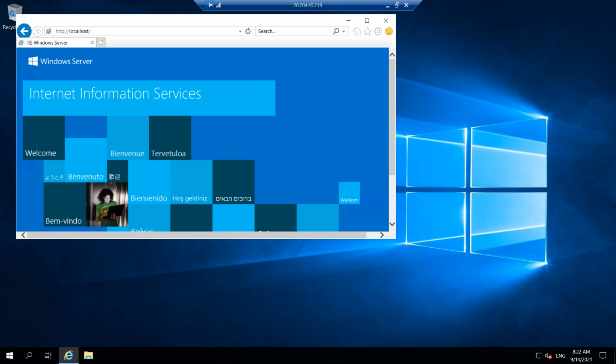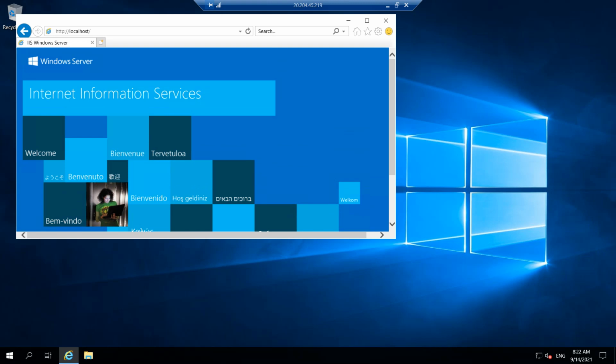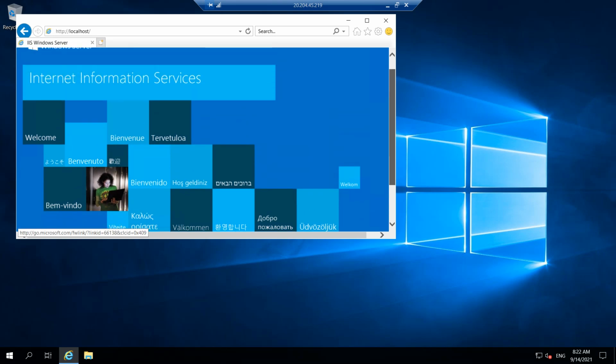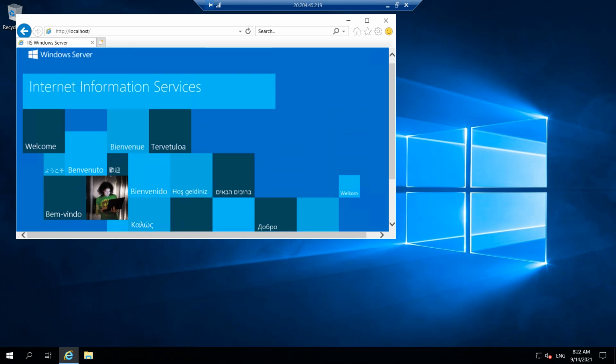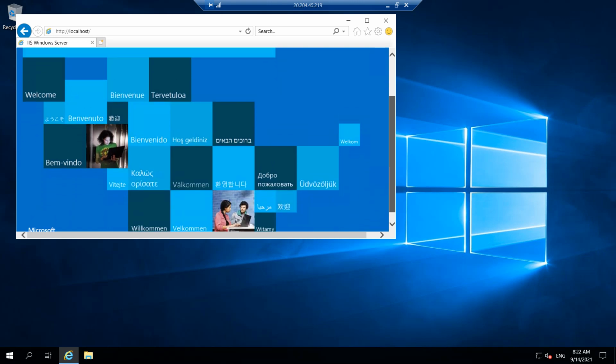Now we want to access this web server from an external public browser, right? Because we are accessing it locally from the virtual machine, we are able to see the web page here. If we want to access this web page from an external browser, using different machines, how could we do that? Let's see if we will be able to do that in the next video.